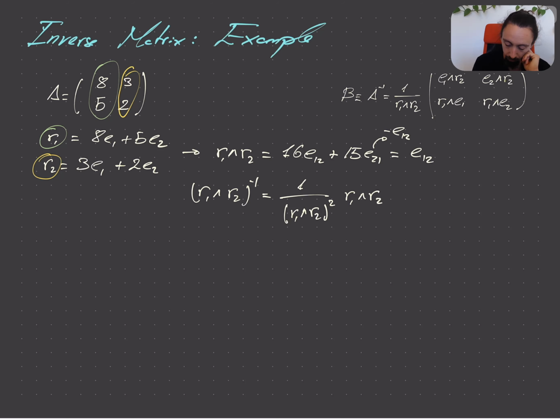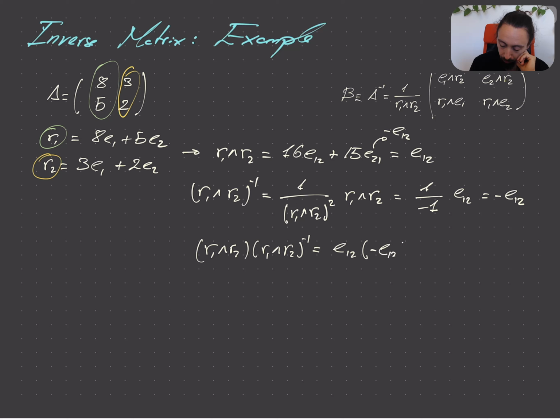And if we calculate the square of it, that's very simple, because the square is minus 1, and we have here 1 minus 1 times e12, so this is minus e12, and this is very easy to verify that R1 wedge R2